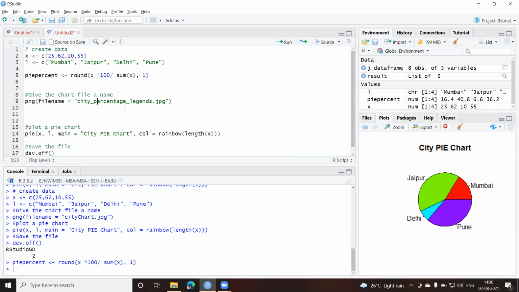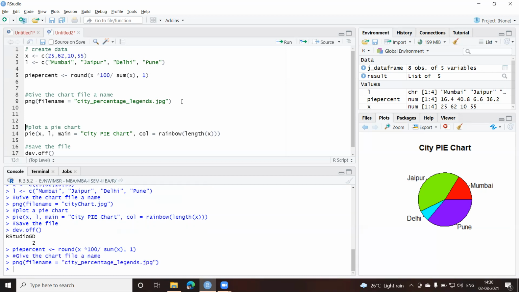Now let us plot this. So we have run this one. Let us run this one first. So I execute this. Now for plotting, I have to make some changes. X is already there. Label is given. Your main is given here. So city pie chart, no problem. Color, I'll stick to the same one, the rainbow colors which we get. Now, where is my round bracket? This one is the inner one. This is the outer one. Now, after this, I'll give a comma.